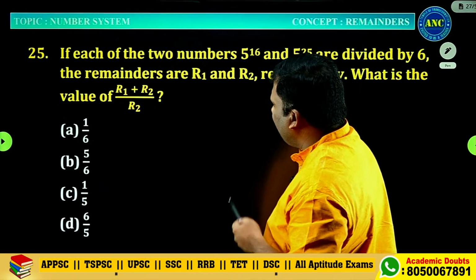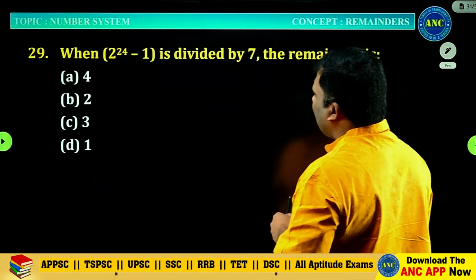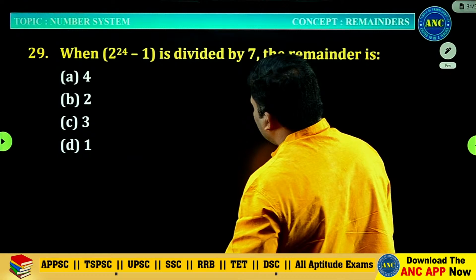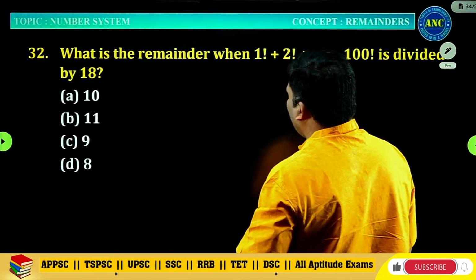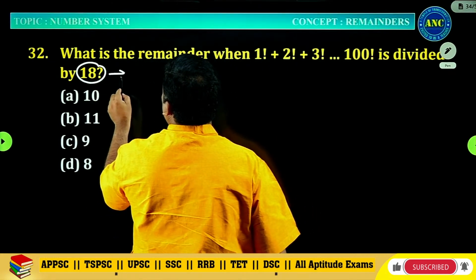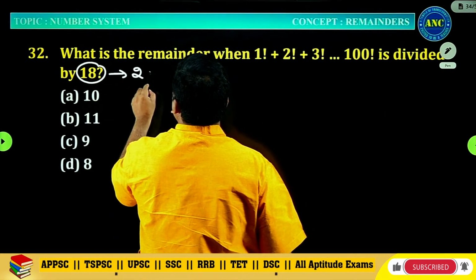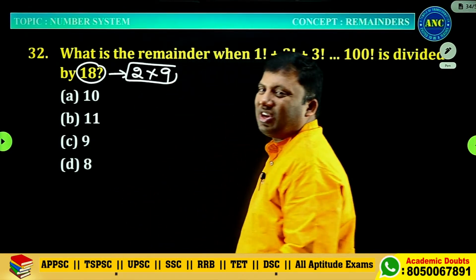Now 25, it is a prime number. Let us see if there is anything. All the questions are like this only, sir. Right? Now if you see here, any other questions are there? Now you tell me, sir. 18 is a composite number. This can be written as 2 into 9. Are you all with me? 2 into 9. Yes or no?